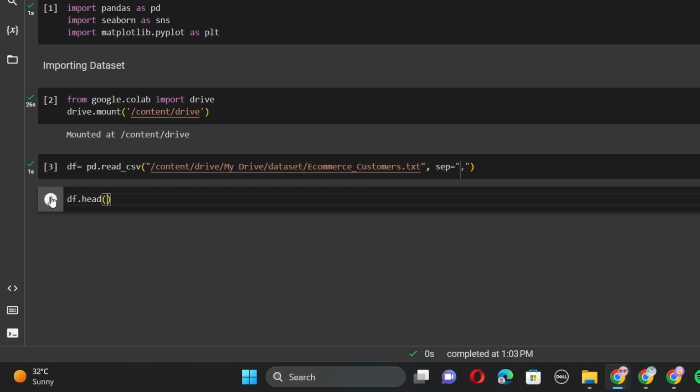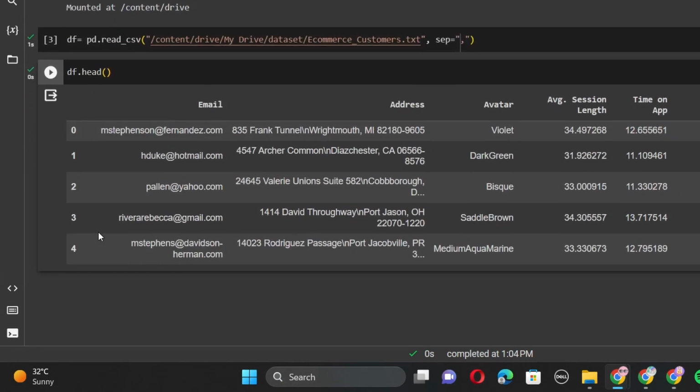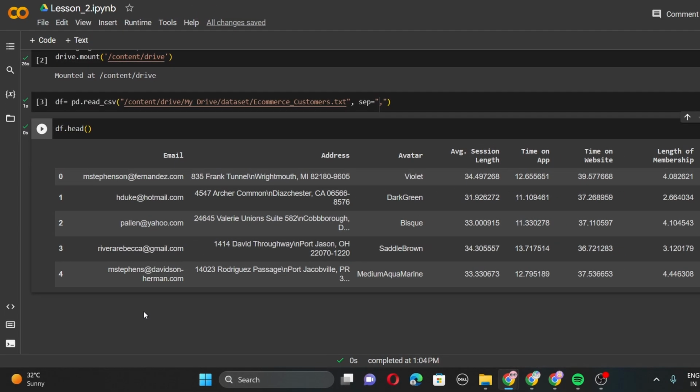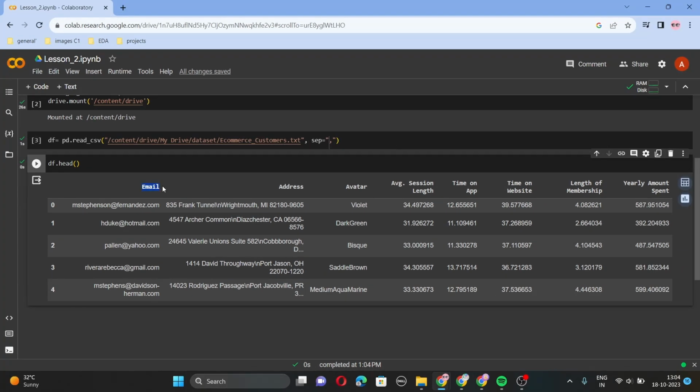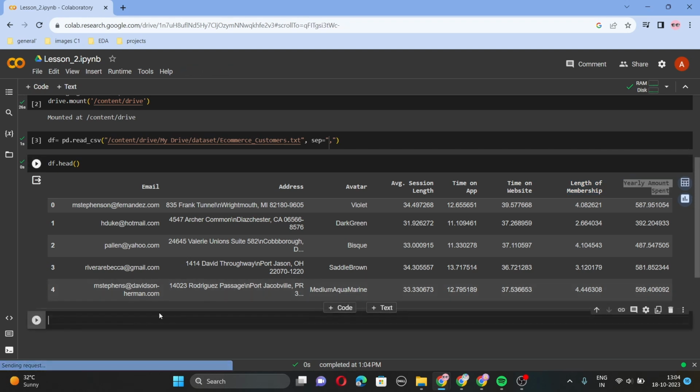df.head. This displays the first 5 rows of the data frame by default. We can see that the dataset has 8 columns: email, address, avatar, average session length, time on app, time on website, length of membership, and yearly amount spent. To further understand the dataset better, let us see